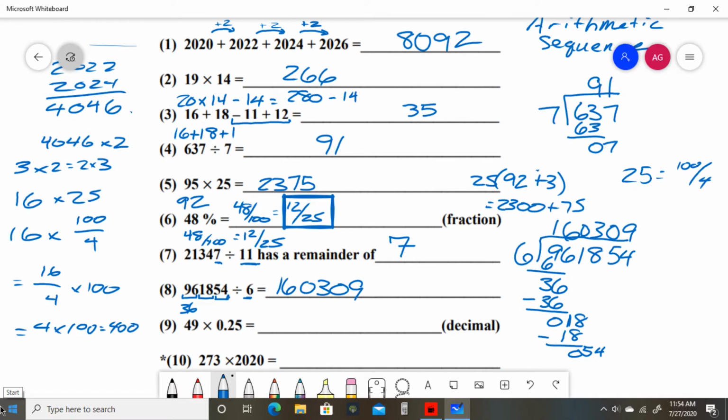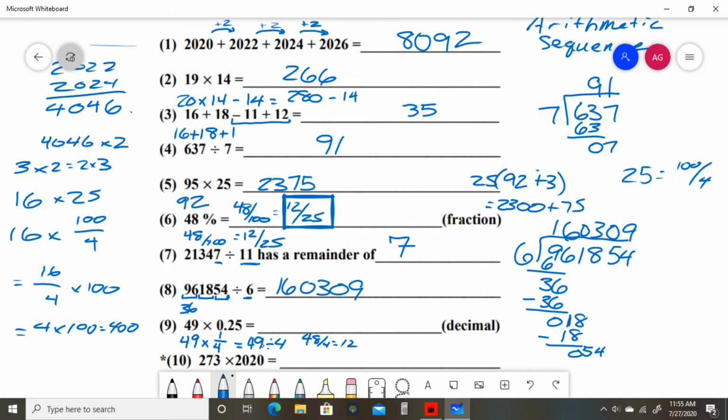Okay, second to last question, we're almost done. Number 9, we have 49 times 0.25. Now, what I would do is just convert our 0.25 into a fraction. So 49 times a fourth, which is also the same thing as 49 divided by 4. Well, I know 48 divided by 4 is 12, and if I know that, I can just take 12 and